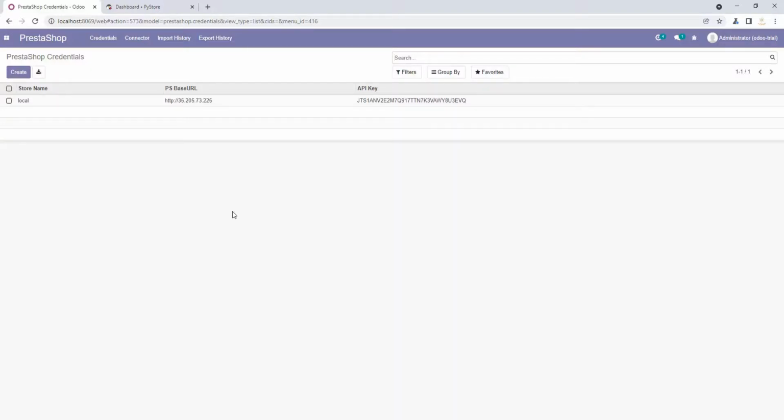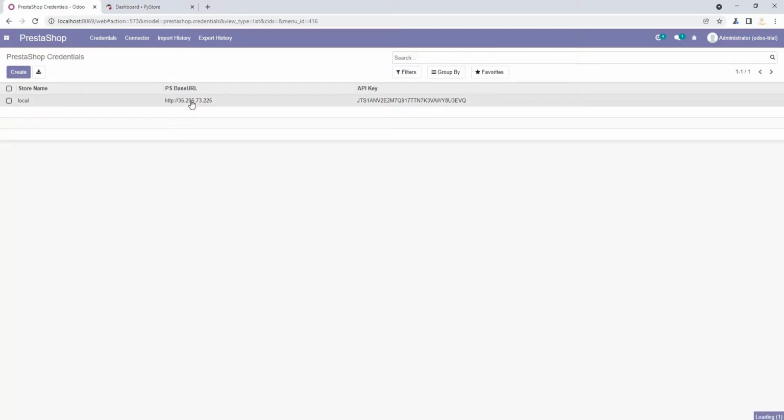Today we have a new connector, which is the PrestaShop connector, and I already installed the module. We have the following options. The first one is credentials. In credentials we have support for multiple accounts. You can add multiple accounts. I just added a single account, but you have support for multiple accounts and can use them accordingly. You just specify the account and it will work perfectly.